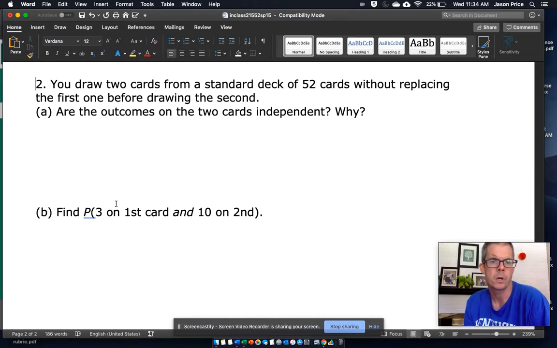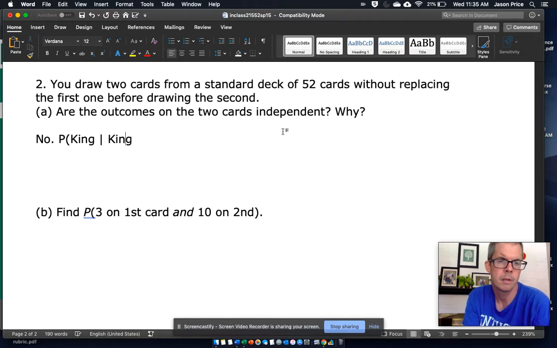Are the outcomes on the 2 cards independent? So if I'm not replacing the card, I would say that the answer to this question is no. And that's because what I get on the first card impacts the probability of what I get on the second card. So the probability of, say, a king on the second, given that I pulled a king on the first,